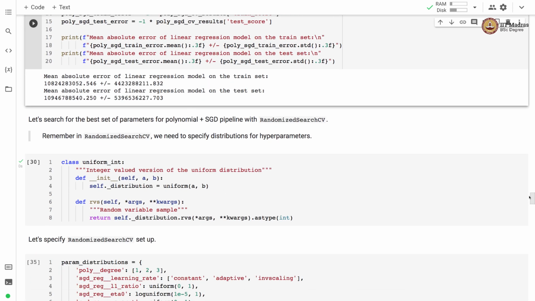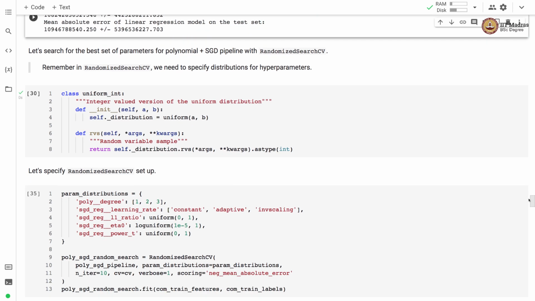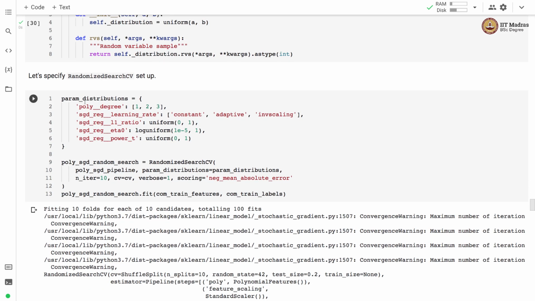So what we do is we perform a hyperparameter tuning on SGD. But instead of using grid search CV, we are going to use randomized search CV here for different hyperparameters. So in randomized search CV, we need to specify distributions for each hyperparameter. So here we are specifying distributions for different hyperparameters that we want to tune. So we want to tune the degree of the